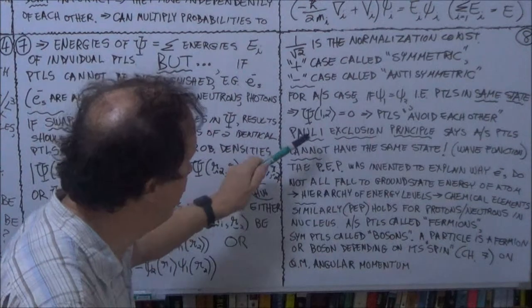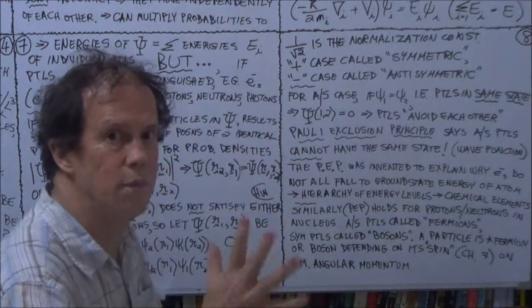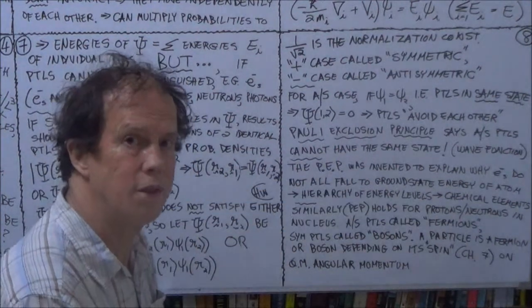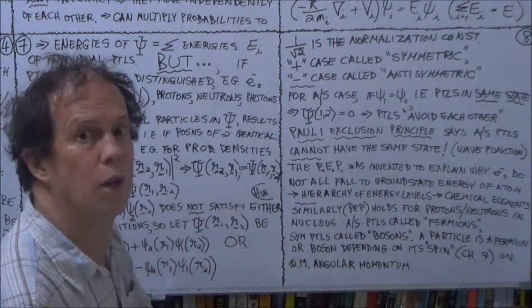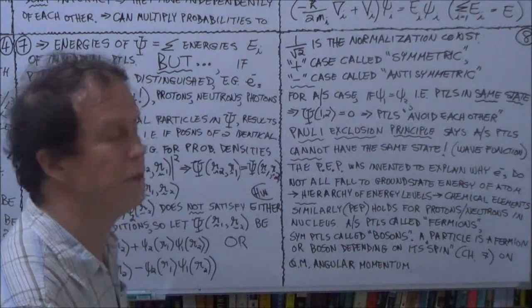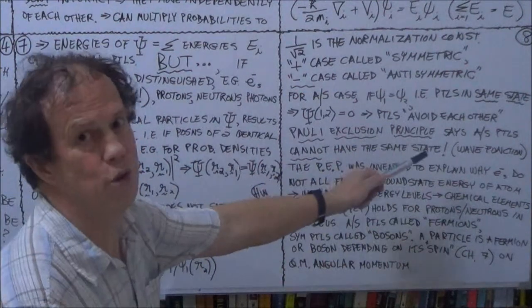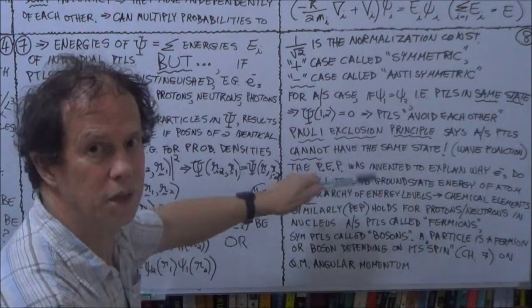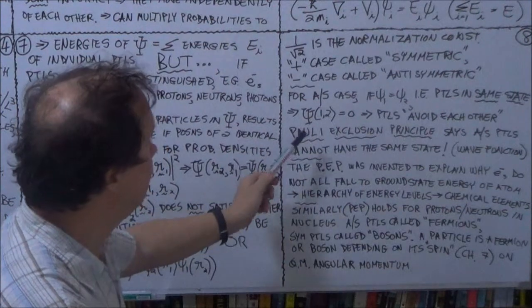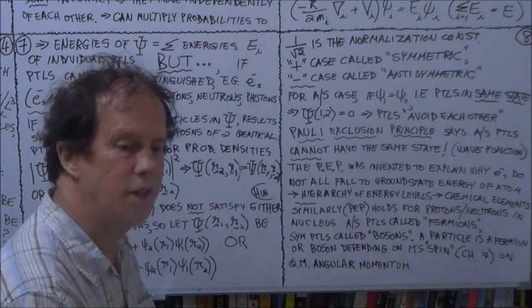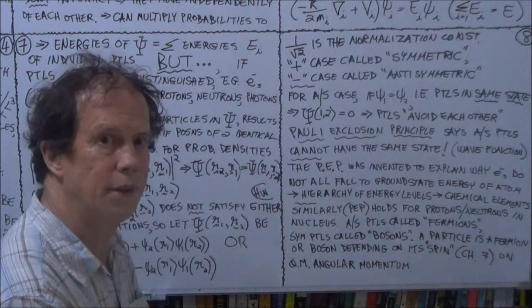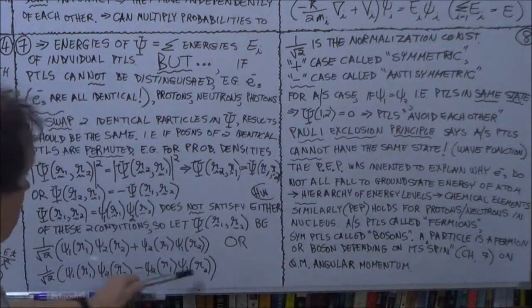The PEP is more or less equally famous with the Heisenberg uncertainty principle, not with the general public, but certainly amongst quantum mechanics specialists, because of its huge consequences, which I'll mention a little bit later. So the Pauli exclusion principle says that for antisymmetric particles, those that obey this